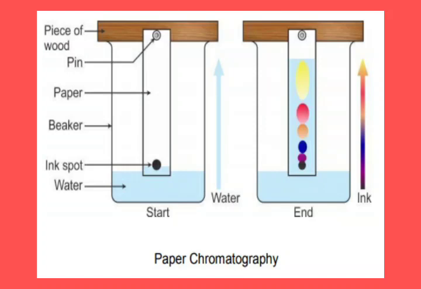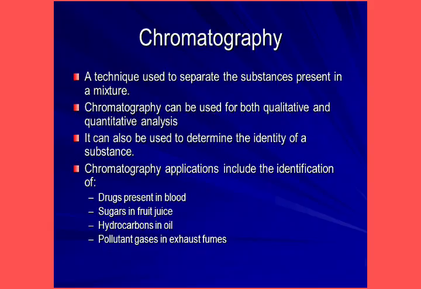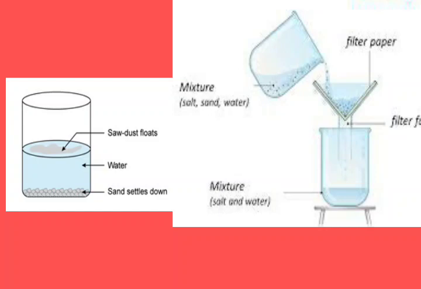Okay. Next are the advantages of chromatography. First, a very small quantity of the substance can be separated. Second, components with very similar physical and chemical properties can be separated. And third, it identifies the different constituents of a mixture. Next is the use of chromatography. It can be used to separate, number 1, pigments from natural colors, second, drugs from blood, and third, colors in a dye.